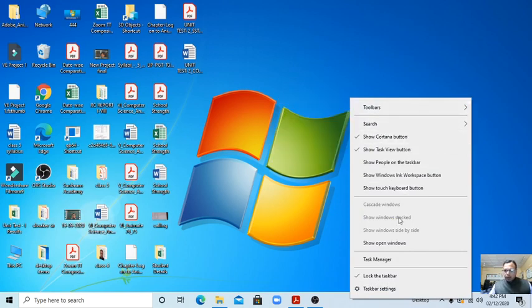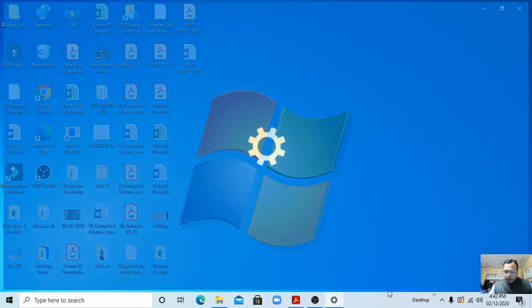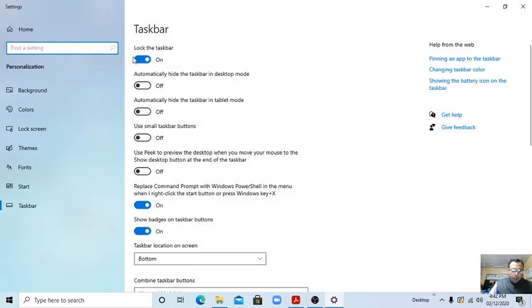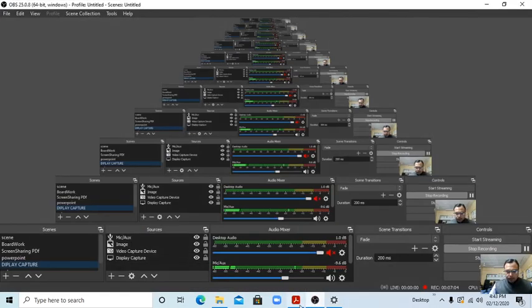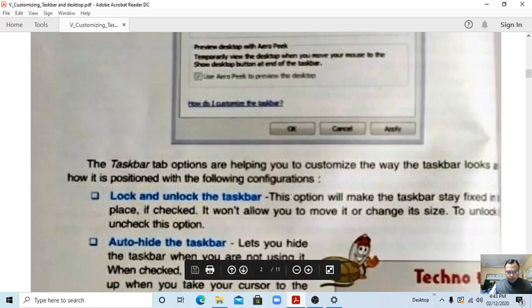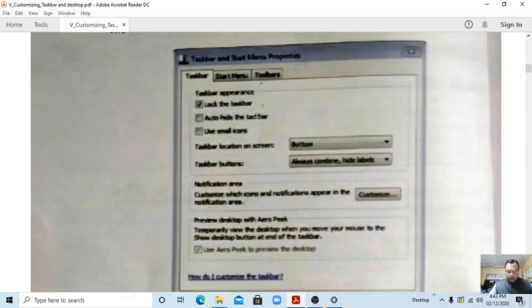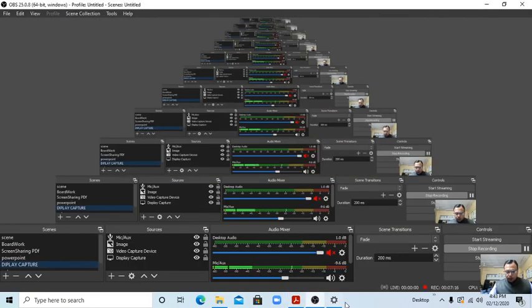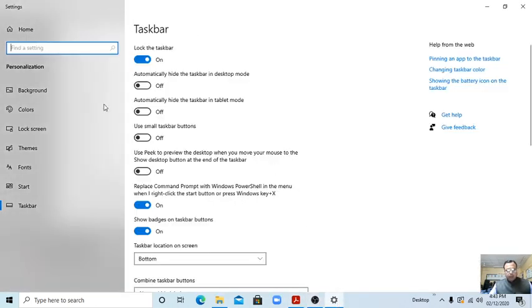We are discussing the taskbar setting. Lock the taskbar. Students, we can see again, I am showing lock and unlock the taskbar. This is Windows 7, so it shows like this, but Windows 10, whatever we have shown you, this way we will see.